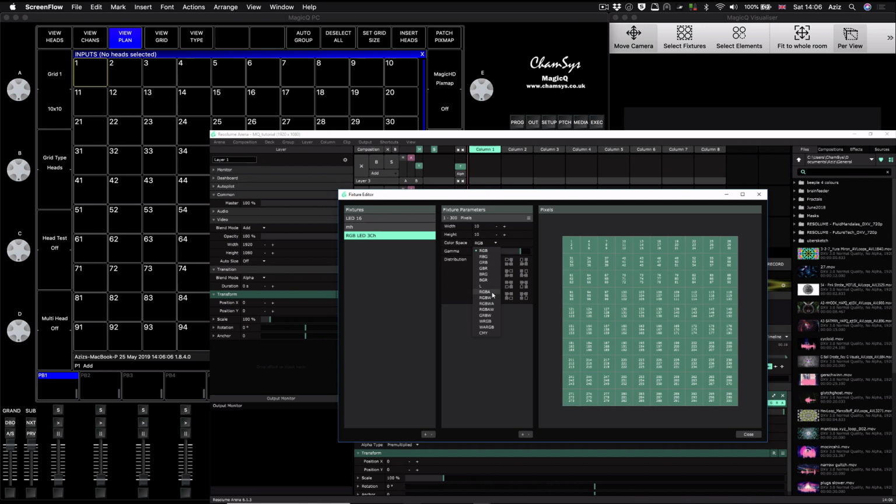Or if you've got RGBW with a separate white channel, you can use that, and it's going to do the calculations including the white channel. Or if you've got a CMY fixture, then you choose CMY. So this is important. And the last bit you need to make sure you've set correctly is the distribution